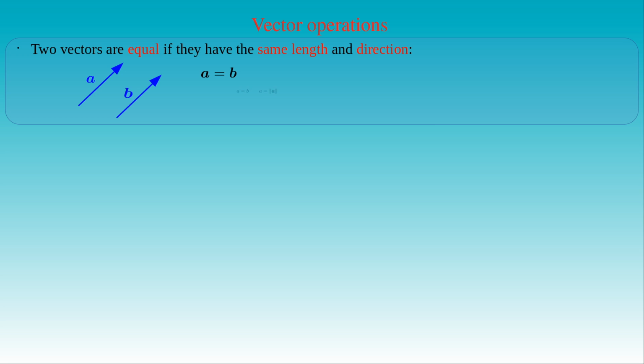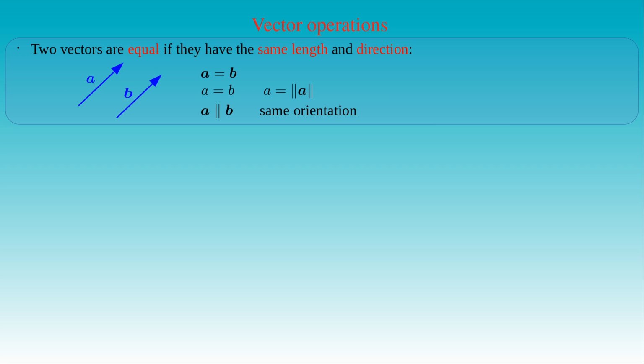The first statement is that the length of the vector A is equal to the length of the vector B. The length or the magnitude of a vector is simply denoted with the letter of the vector without using the boldface type, or it can also be denoted with double vertical bars, similar to the notation of the absolute value of a number. The second statement of the vector equation is that the vectors A and B have the same direction. That is, they are parallel and have the same orientation.